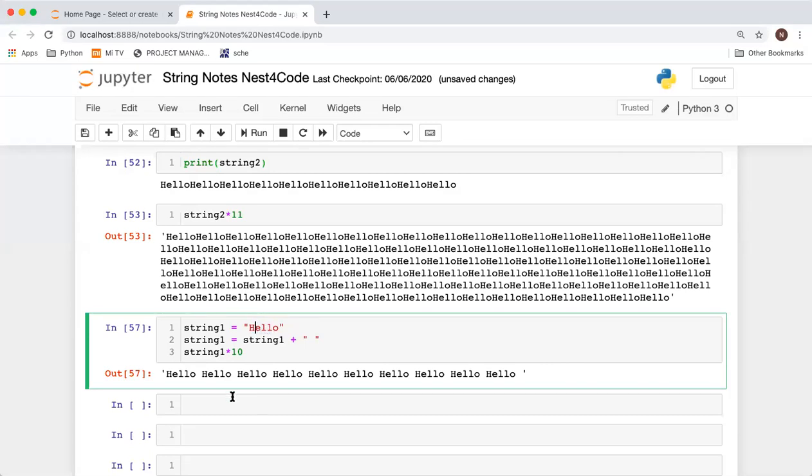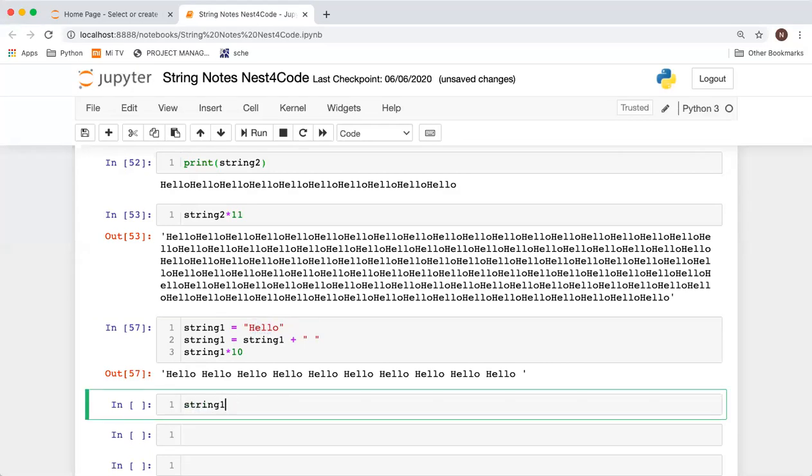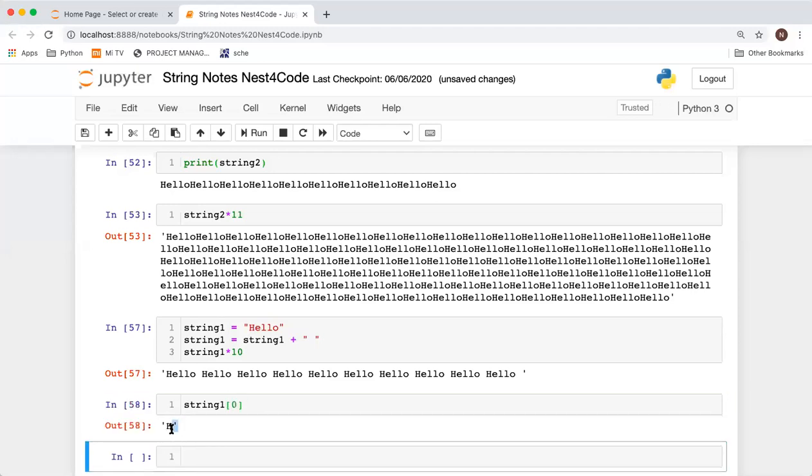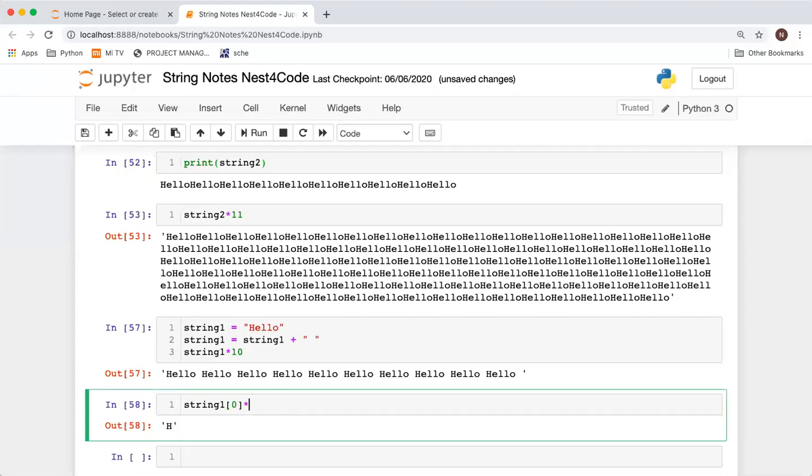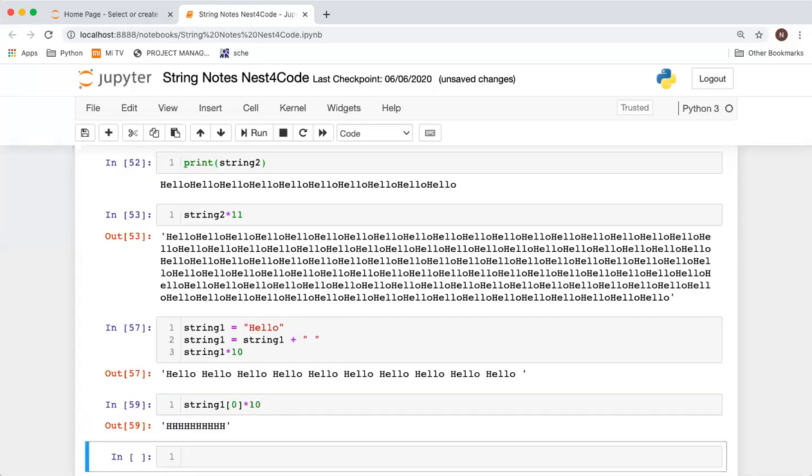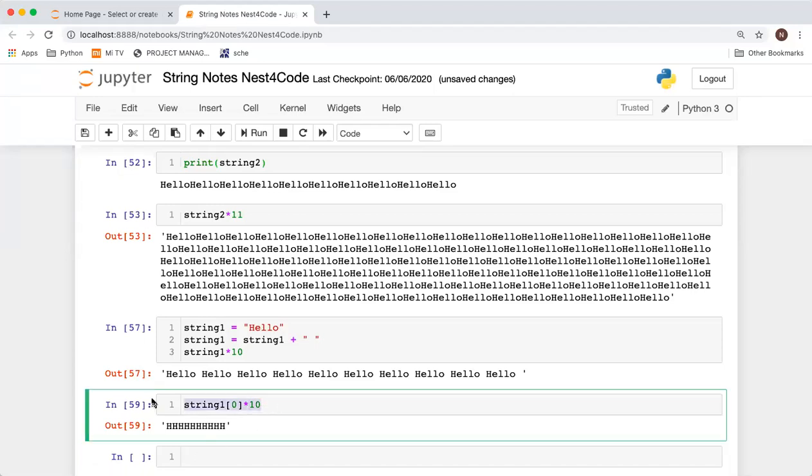And how can you get a character? You can just use string indexing, right? If I just say string 0, I will get h, right? And you can multiply it again with say 10. So I will get h repeated like this, right? So if you want to try it vertically also, you can use the operations which are there already in the string.